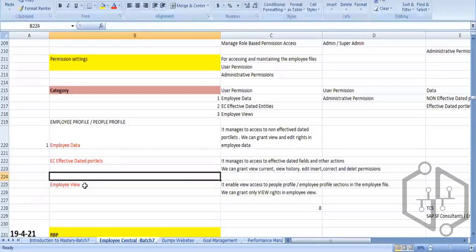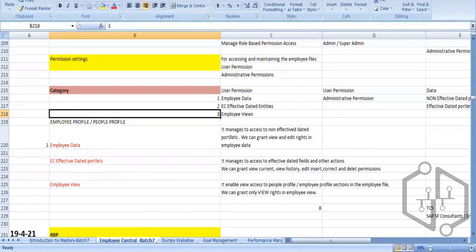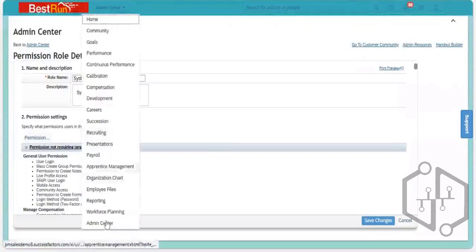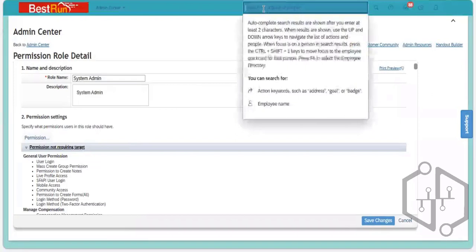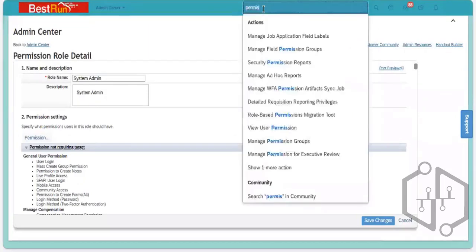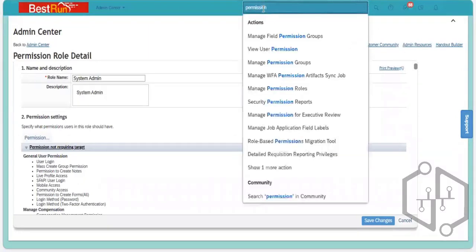Now let's go into the permission group. So again, when I go back into the system, I can go from the admin center, but there you can also find the manage permission group. So if I go to permission group from here,